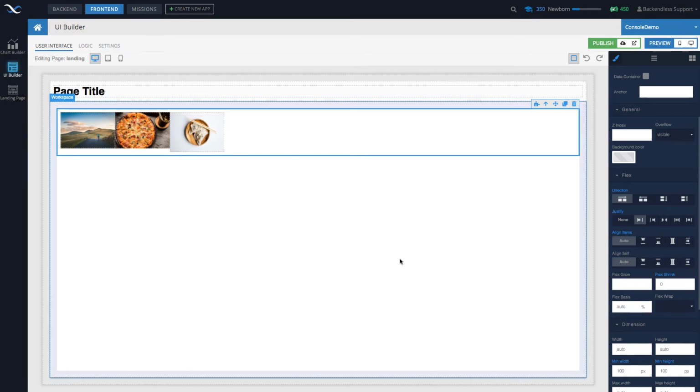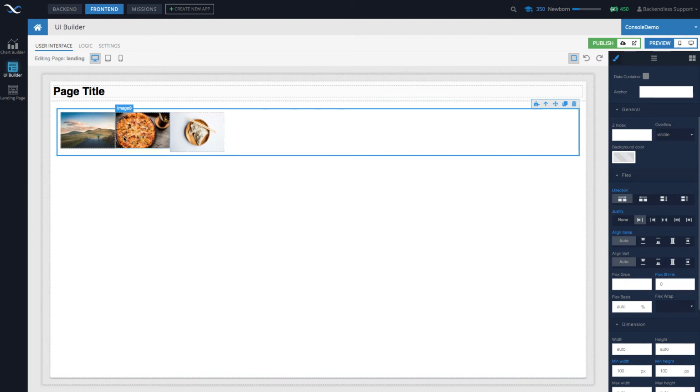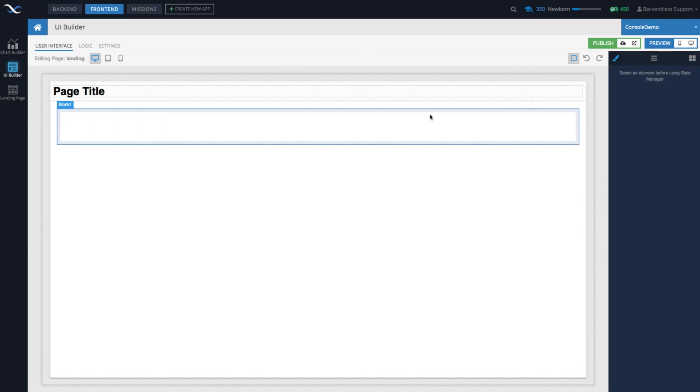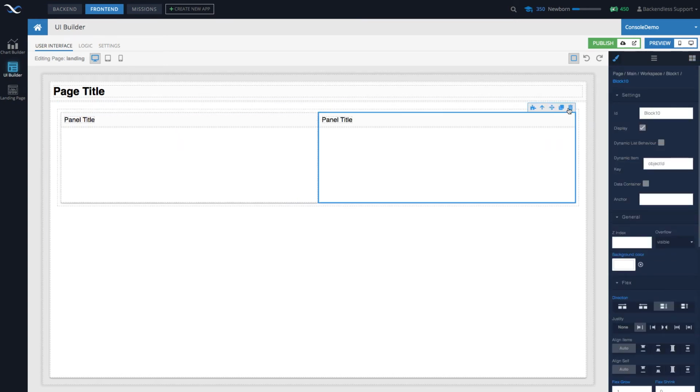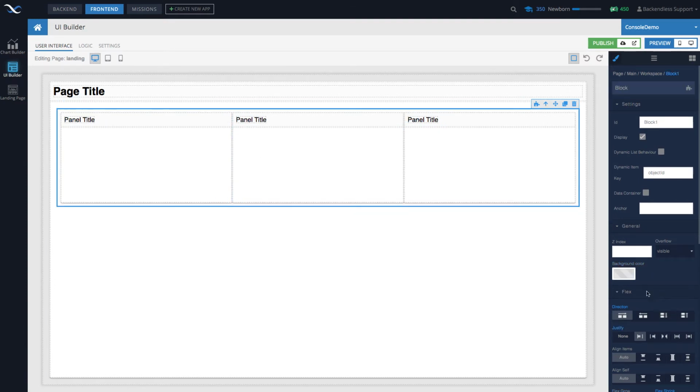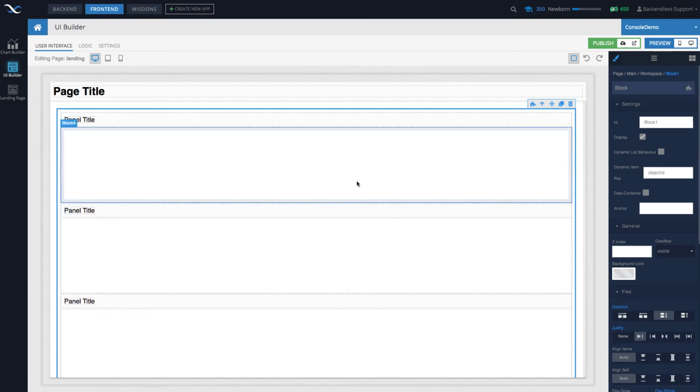What's important to understand is that here I used images as the child components of my block. Exactly the same thing that I have demonstrated with direction, justify, align, padding, margins would be applicable to any child component, regardless of what they are, located inside of the block. So for instance, if I remove these images and add something more complex such as a panel. So here's panel 1, and let me replicate these panels. So there are 3 panels inside of my block. If I change the direction for my block that contains these panels, you see it applies that layout to all the child components of my block.